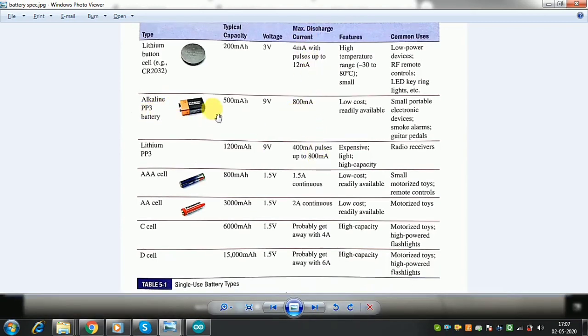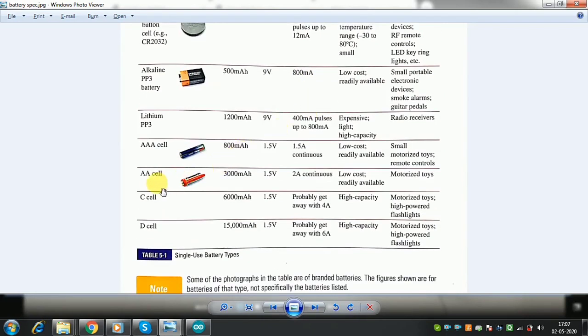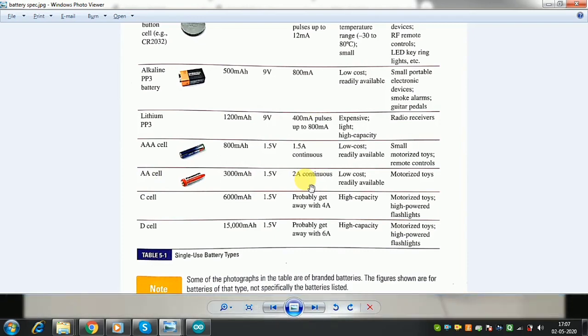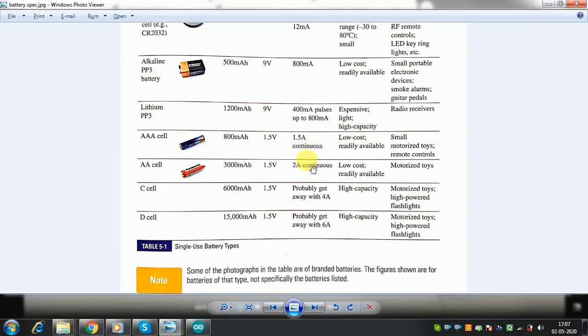You can see this kind of 9-volt battery, the one I am showing you, can give you a maximum of 800 milliamp, sorry, not milliamp hour, 800 milliamp. But don't take it as it is, just make it half, and that is the safe value to consider when you are designing. Okay, look at AA batteries, they can give up to 2 amp, but maybe 1.5 amp or 1 amp is a very safe assumption. So you can use this in high ampere applications where the current need is high.